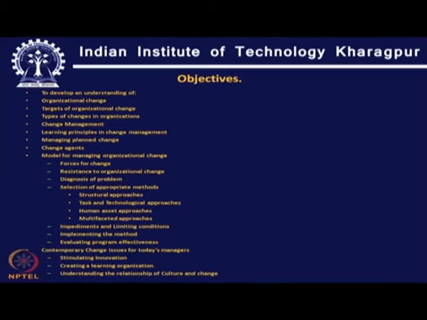So, to begin with, what is the process of organizational change? Change is a process by which we move from the current state of being that we are in to a future state of being in which some value addition is there. So, where we have improved and moved a step forward towards the goal that we want to attain for the organization. It is moving forward from our present state of being to a desired state of being,